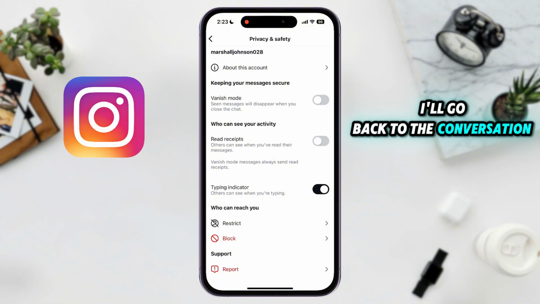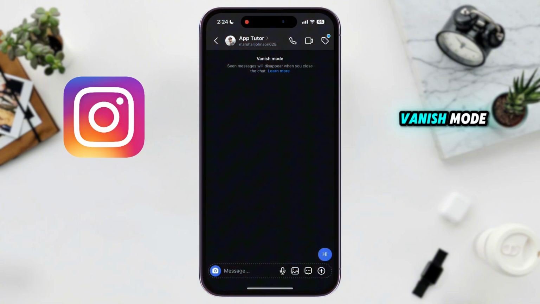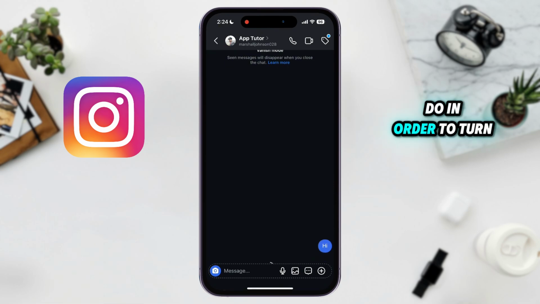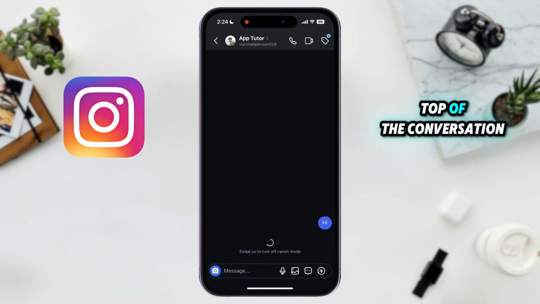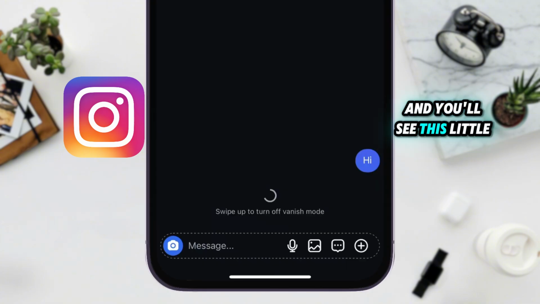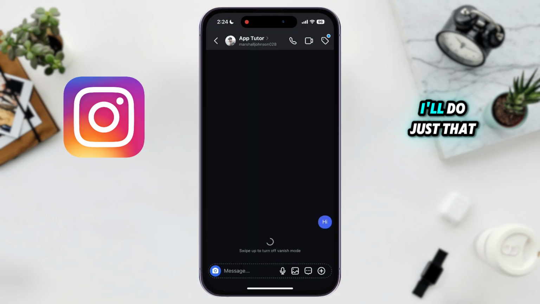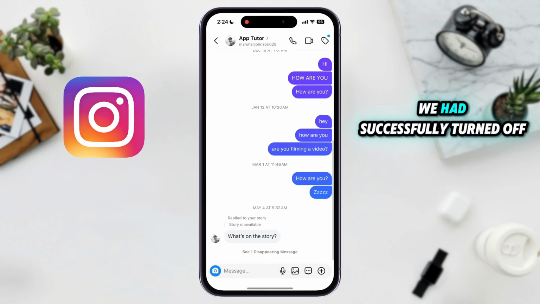I'll go back to the conversation in which I want to disable vanish mode, and all I have to do in order to turn this off is to swipe with my finger from the bottom to the top of the conversation. And you'll see this little text appear that says swipe up to turn off vanish mode. I'll do just that, and you will see that we had successfully turned off vanish mode in our Instagram chats,